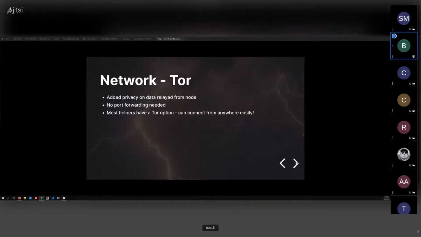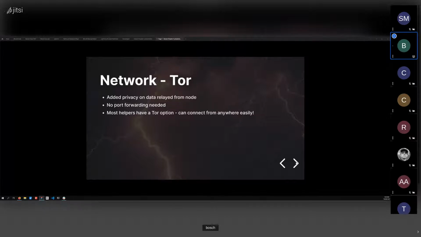So just going on network. With your Lightning Network node and your Bitcoin node, you can connect to it over Tor. I'm sure if you guys have used, say, Umbrel, you have a Tor hidden service option. Tor is a lot easier to use to connect to your node. Say if you want to connect to it outside of your local network, it's pretty much as simple as downloading